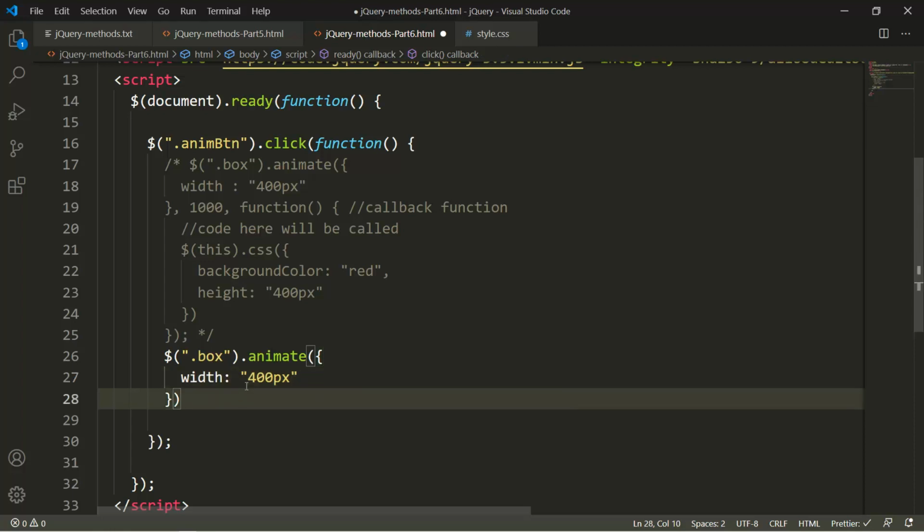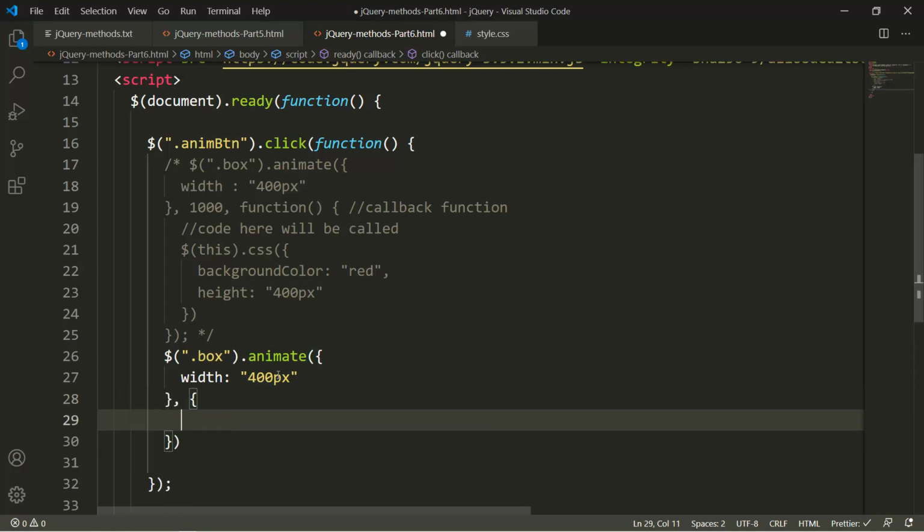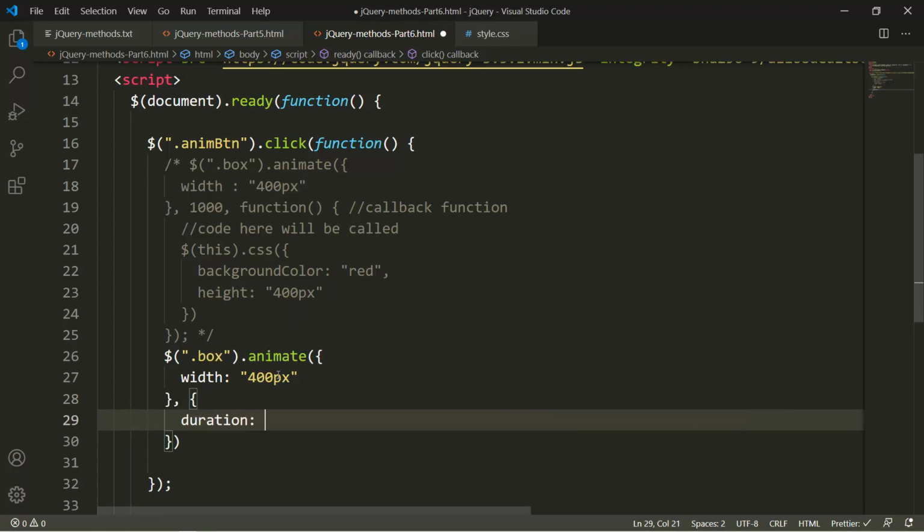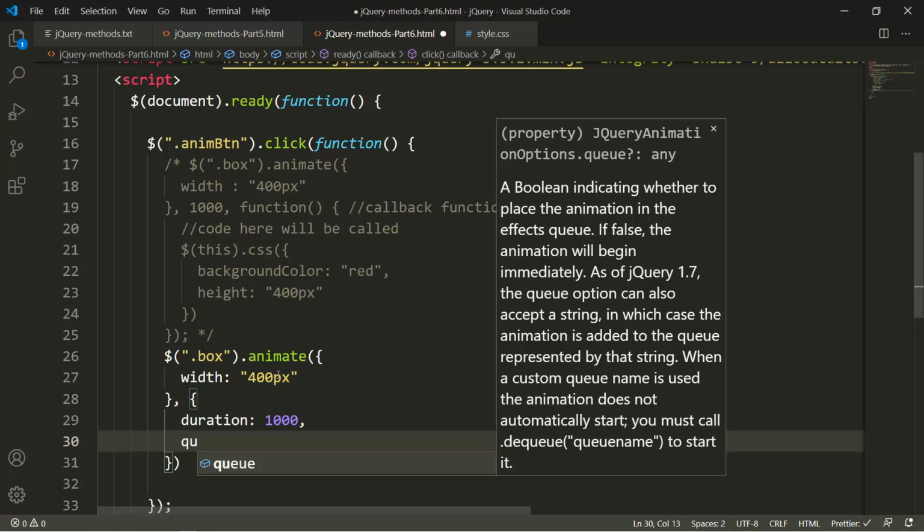We'll just talk about width, so that is the basic thing. And we do pass timer here, right? Previously in my previous tutorial, I said that if you remove the timer, you can actually pass a configuration object, and the timer will be duration. So duration is 1 second. And I did talk about queue. If you want to refer to what queue does, you can refer to my previous video, part 5. So I will not cover queue here.